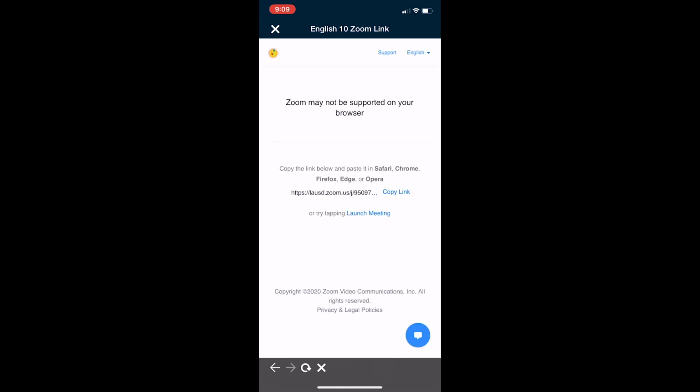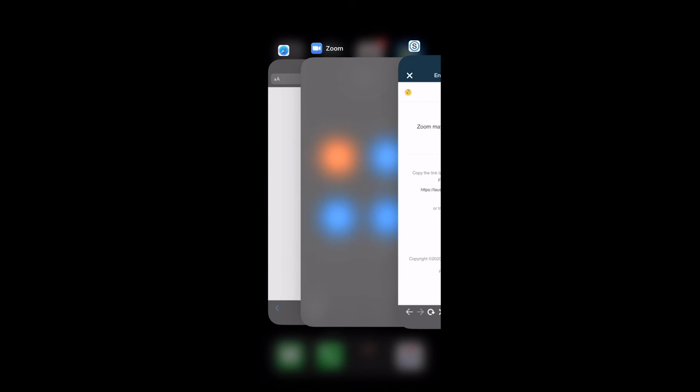The only complicated thing about using the app is that the app won't automatically open your Zoom app. It's kind of dumb. I think it should just open up your Zoom app. It doesn't work for me. If I click on launch meeting, nothing happens. It doesn't launch the Zoom app. So what you have to do is click on copy link. See this link over here? It says copy link. Click on copy link, go to your Safari,